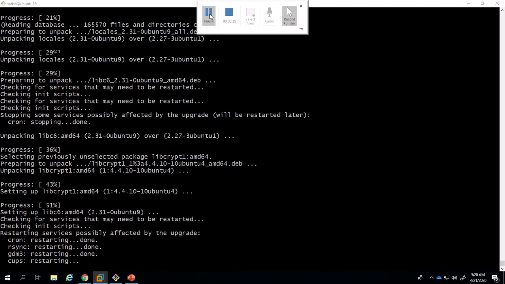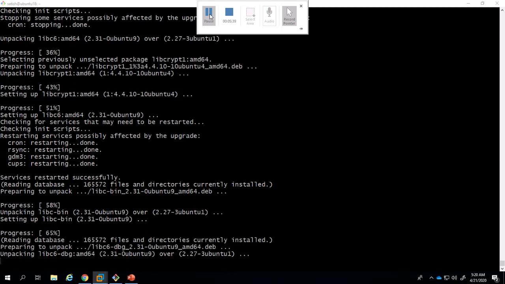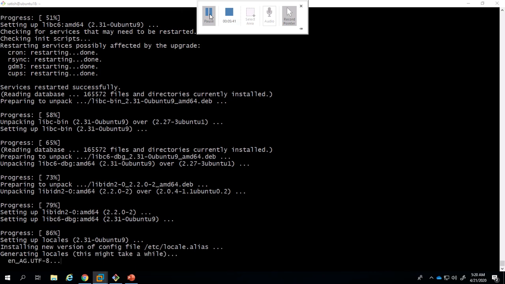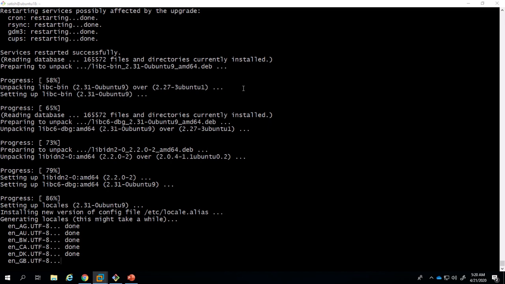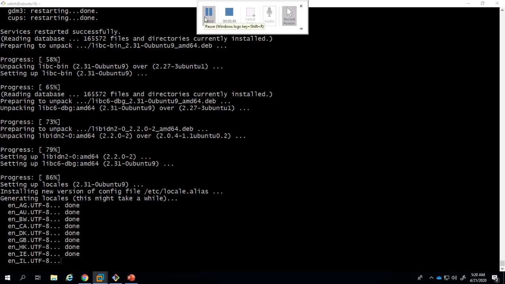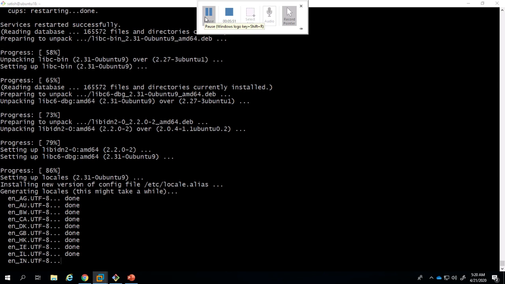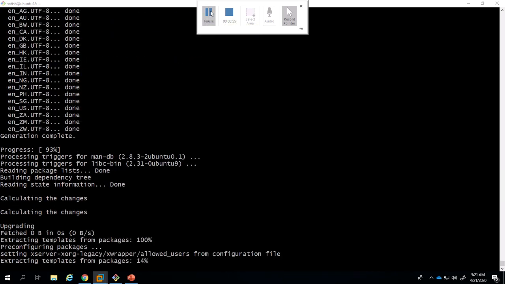Yeah, the packages have been downloaded. Now we're going to extract, patch, and install the latest packages. Setting up locales, installing new versions, config, upgrading now. Now upgrading has started.